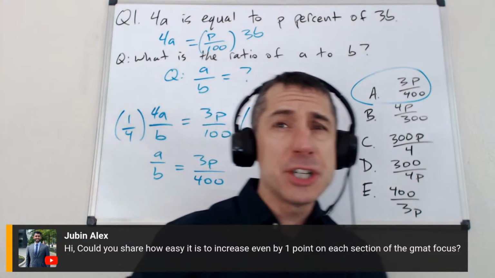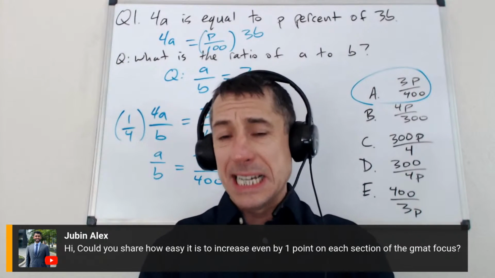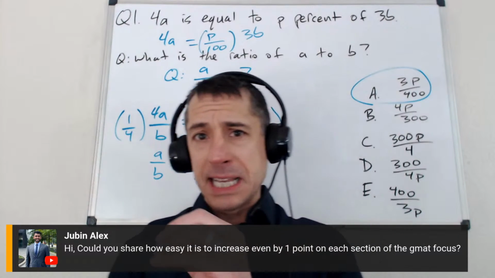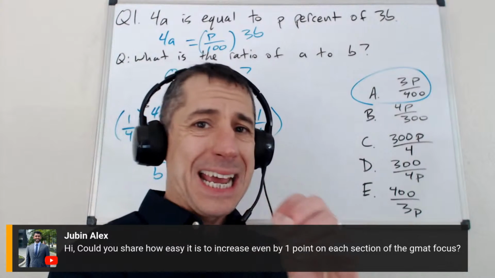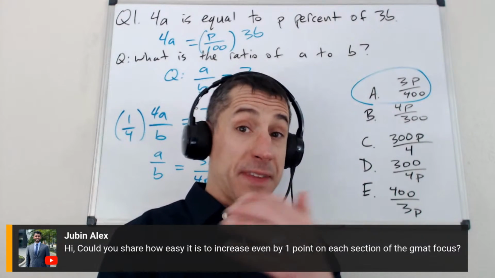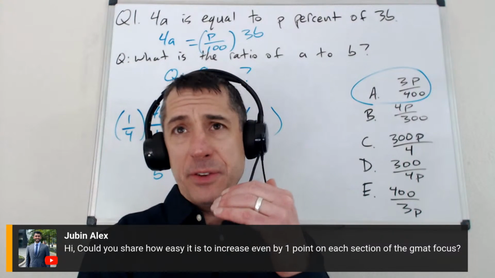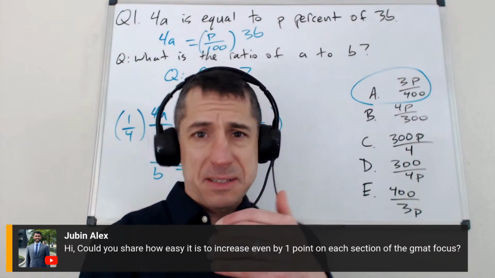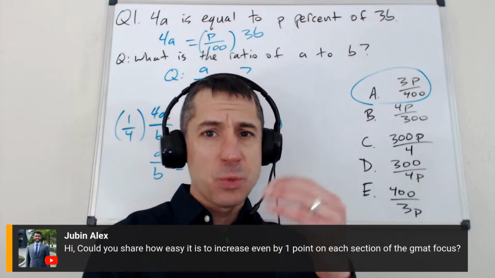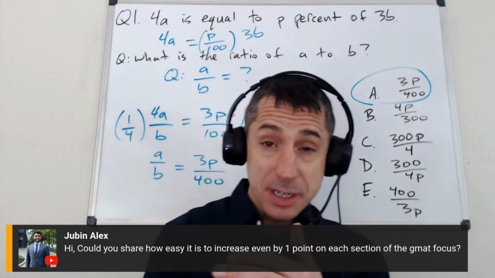It's a really good question. I think the best answer is that 1 point is not a ton on the GMAT focus on a section. Each section, Quant, Verbal, Data Insights, is on a scale from 60 to 90. So what does 1 point mean? It depends on where on the scale that is, but it's not a ton. If you took the test 5 times in a row and performed exactly the same way, you'd see at least 1 point of variability from day to day. So 1 point isn't very much.